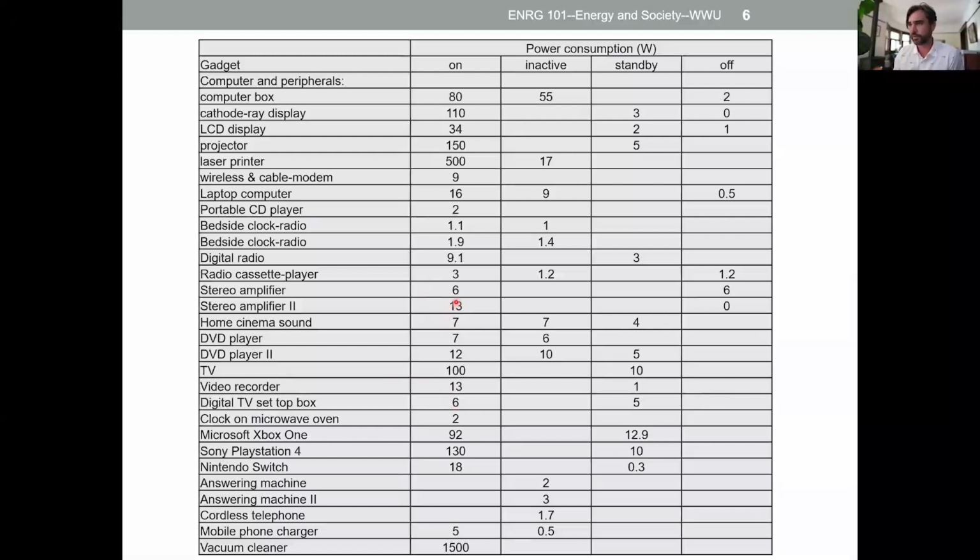Things that produce information for our senses. So light and sound are generally pretty low watt things. And it's because